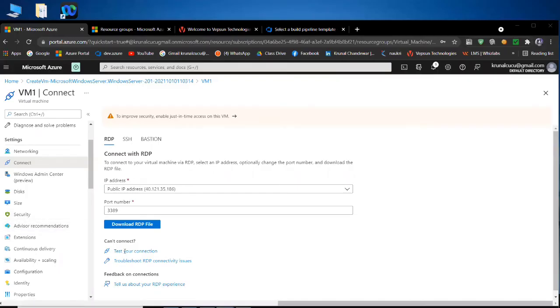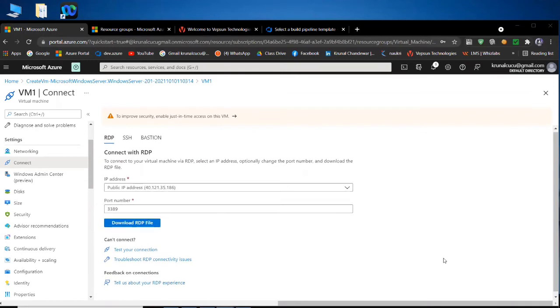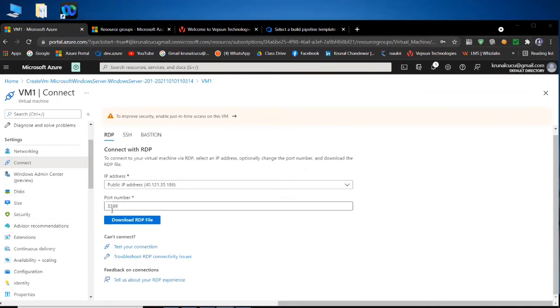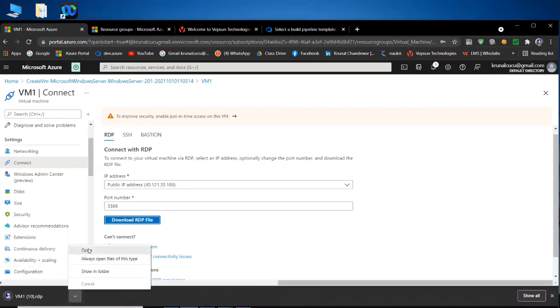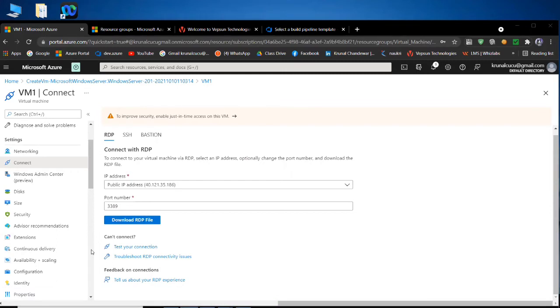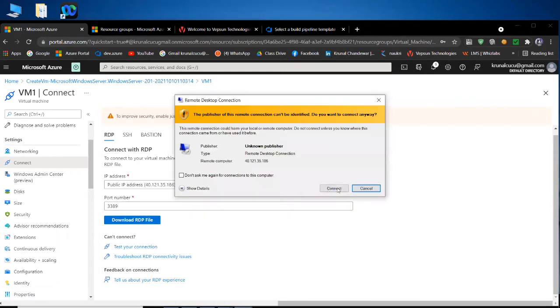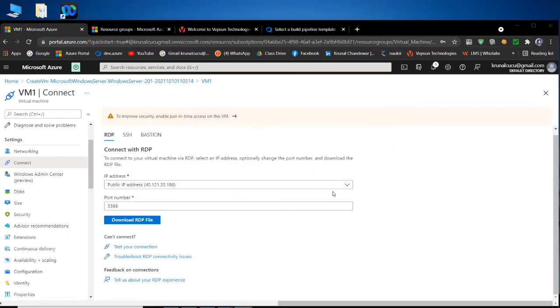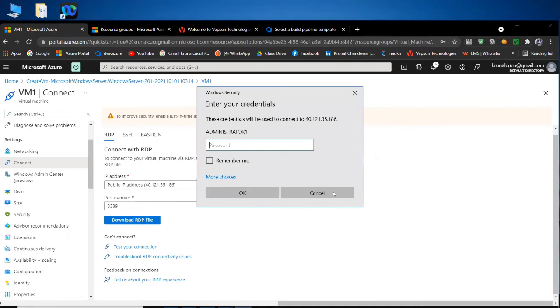So we will again try to connect to our virtual machine, and for that I will again download this 3389 port file. Okay, and I will try to open it and again put my credentials here. And don't ask again. Connect. So it's asking only for the password.